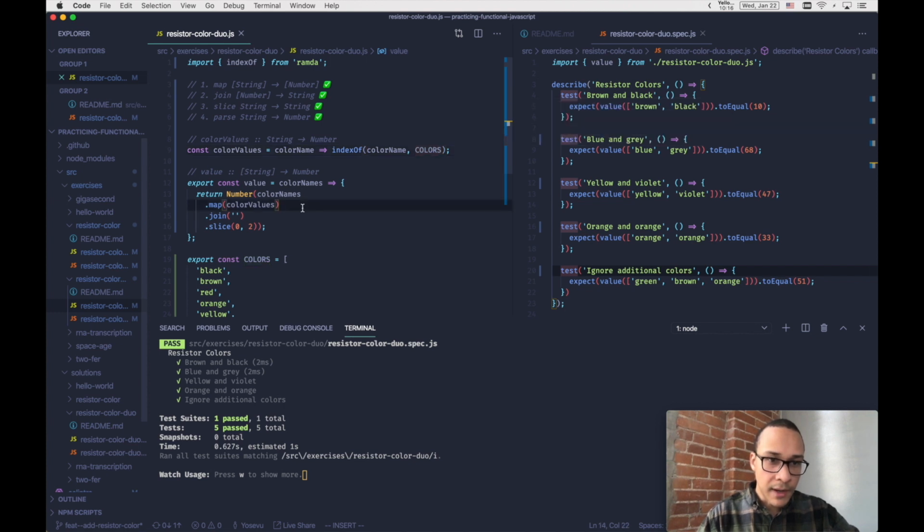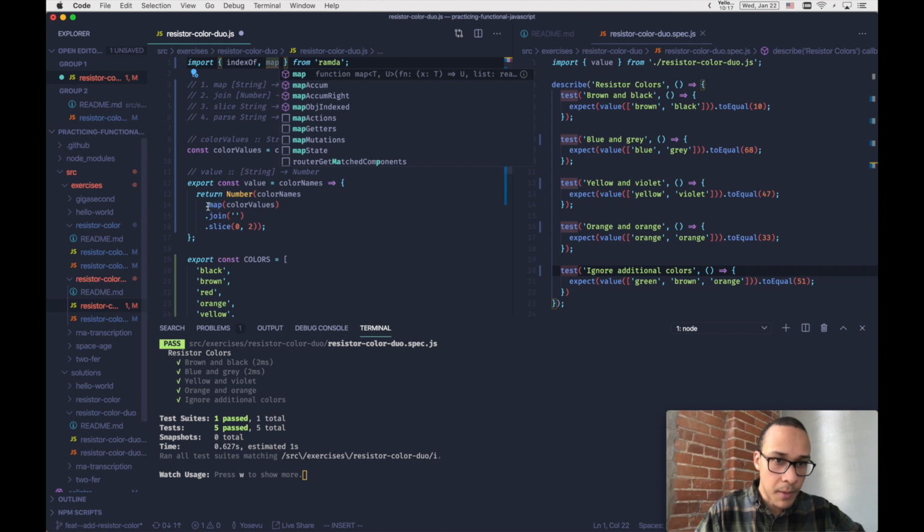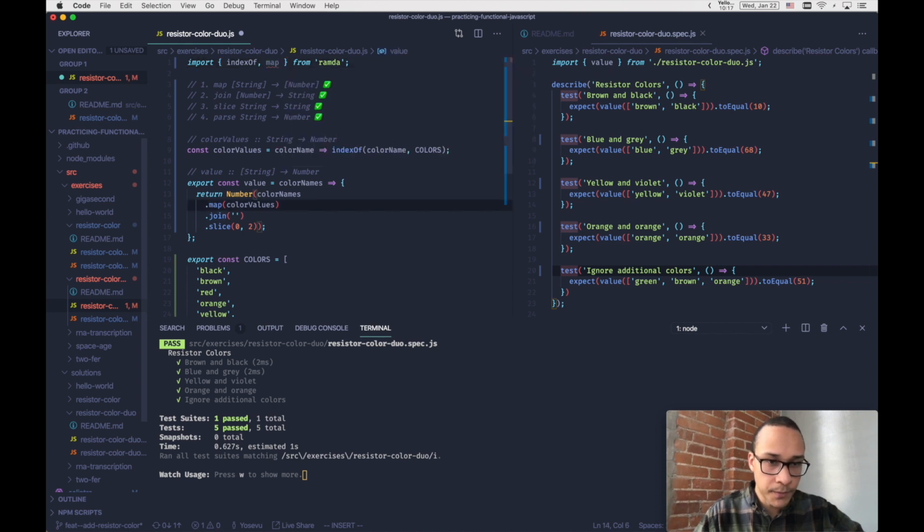All right, so let's look at the next thing that we can change without breaking our tests. And so I think the next thing that we can do is we can just go in order, and we can start with this map call right here. So we're going to import the Lambda map function, and